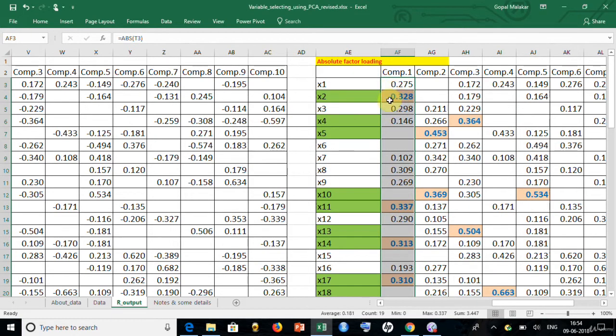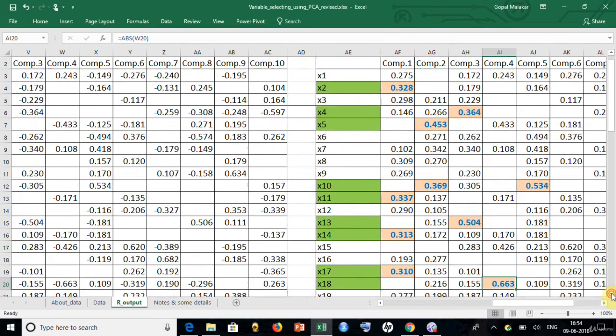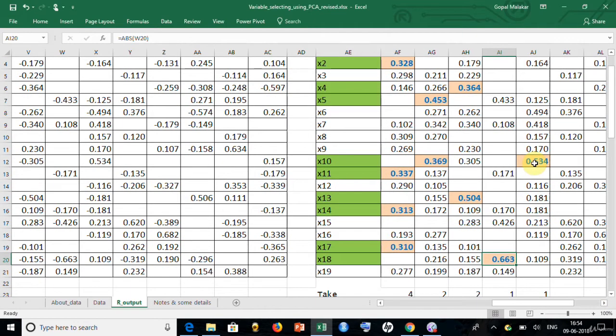The first principal component is asking you to select x2, x11, x14, x17. From the second one it says x5, x10. Third one it says x4, x13. The fourth one is asking for x18, and the fifth one is asking for x10, which is anyway getting covered by x2.